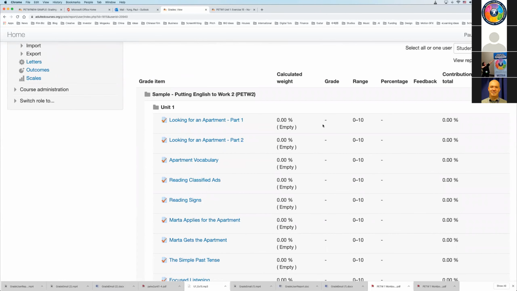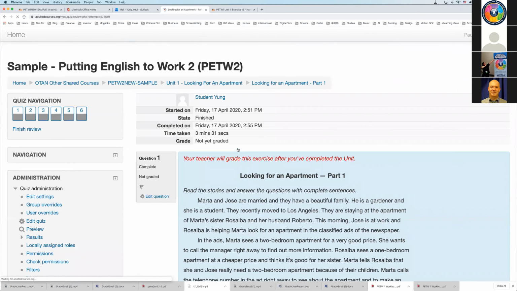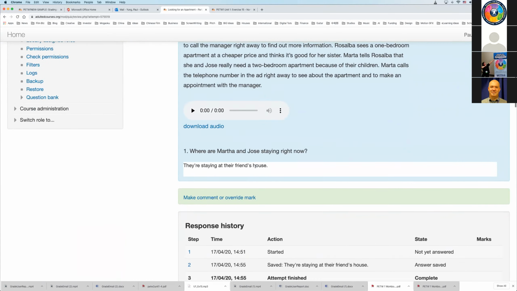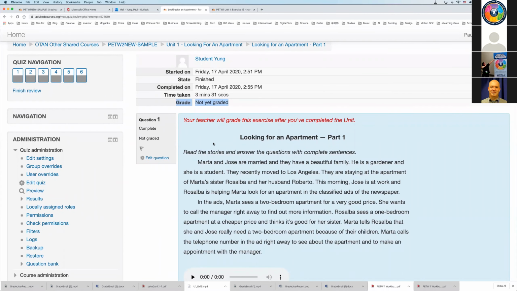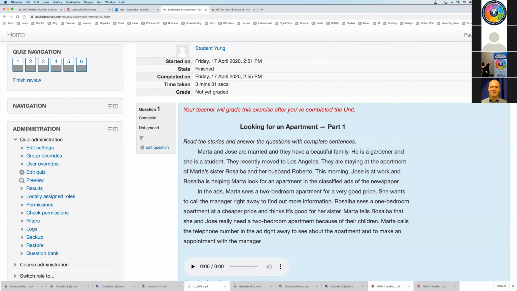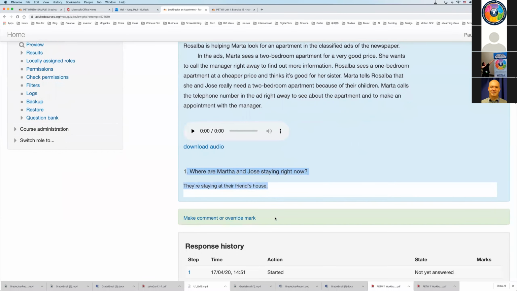And I can see that 0% means that I need to grade that. Okay, again, at the top, you see under grade, you say not yet graded. Okay, in the video, it says 0%, right? I think that was an older version of Moodle. Okay, so they went from telling you you had 0% to not yet graded. Okay, so I'm going to look at the first question, and okay, I like the answer.